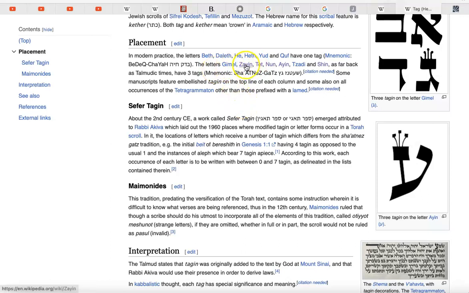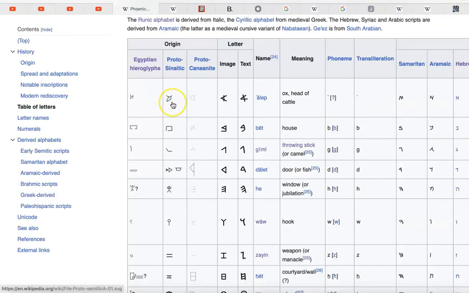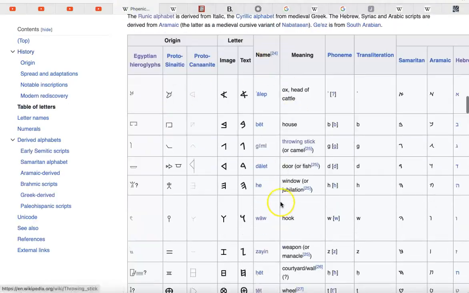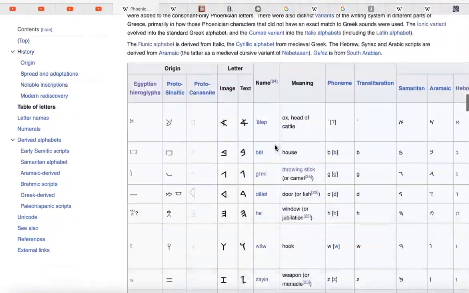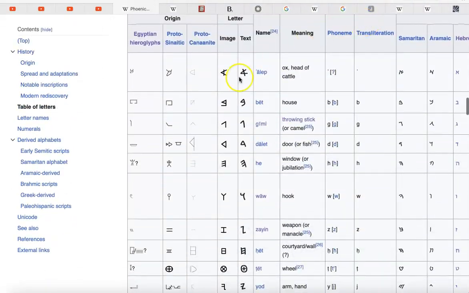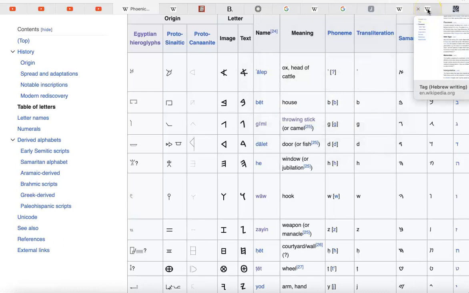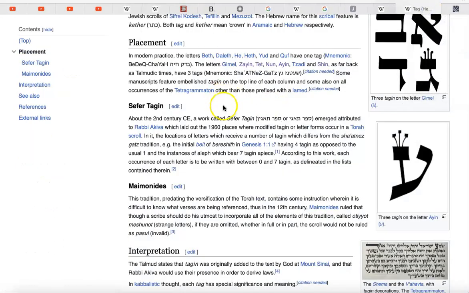Gimel, Zayin, Tet, Nun, Ayin, Sadi, and Shin. I looked up the meanings of each of those. And I think I used this because it has all of these meanings. The Phoenician page on Wikipedia has all these meanings. And I'm not going to go through these one by one and open each of these individually because we've already passed 1 hour. But I did make a little note. Okay, so here we go.